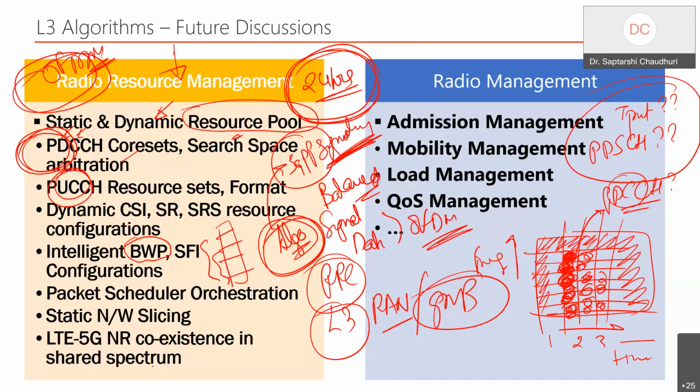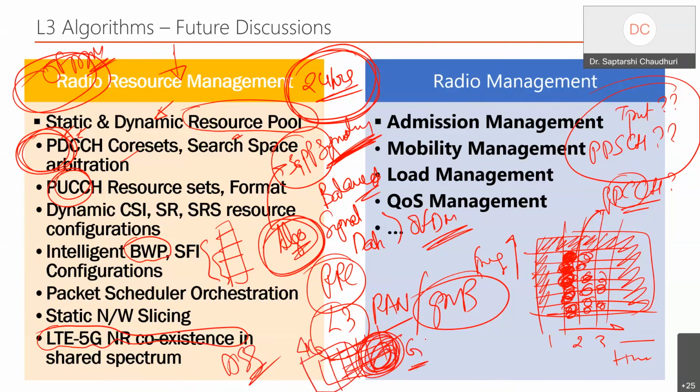The other thing that we are brainstorming is what we call dynamic spectrum sharing, DSS, for LTE and 5G coexistence. It's a very, very hot topic now. So how about this single OFDM resource: which part do you take for 5G and which part do you leave for 4G? What is the mechanism? That itself is a thought-provoking question: what is the mechanism that we need to do this dynamic spectrum sharing, and it's called dynamic, not static, spectrum sharing. So a lot of optimization happens here. Innovation kicks in at the highest level in this radio.